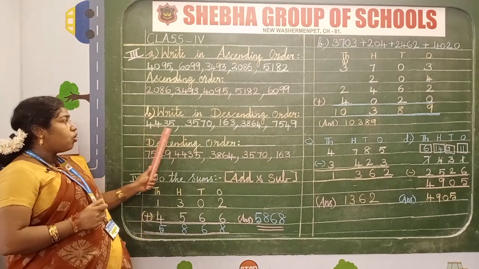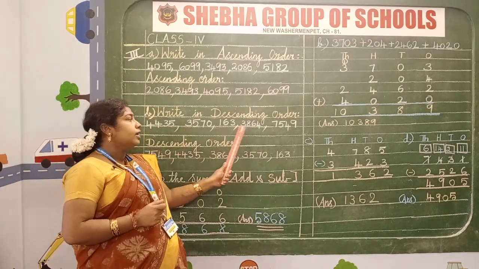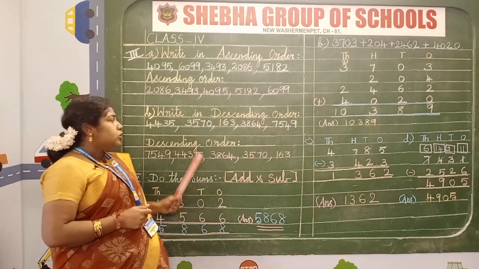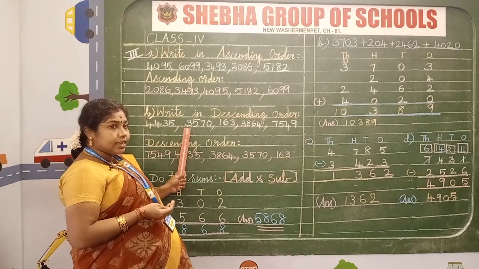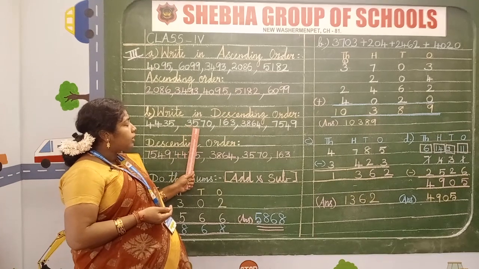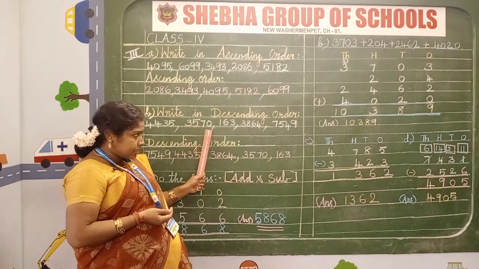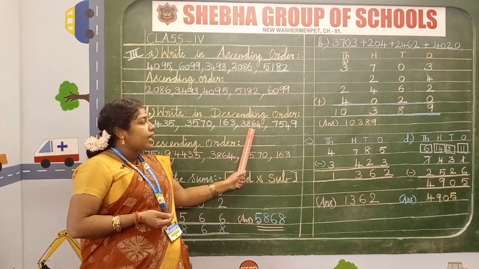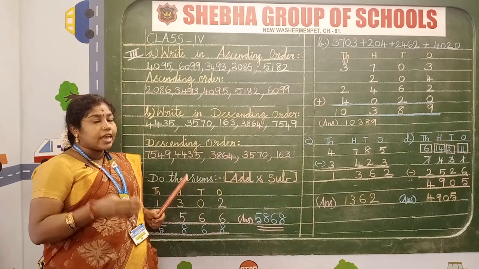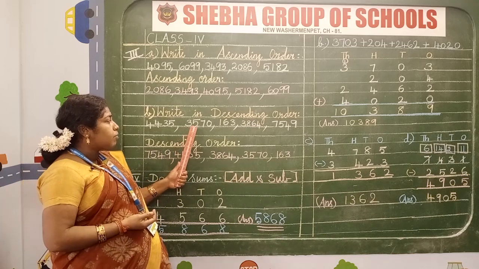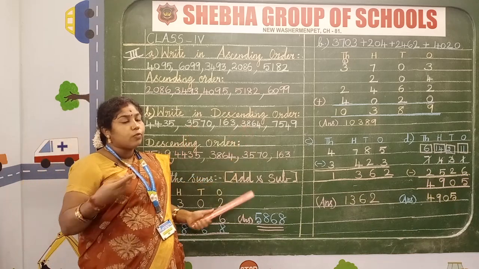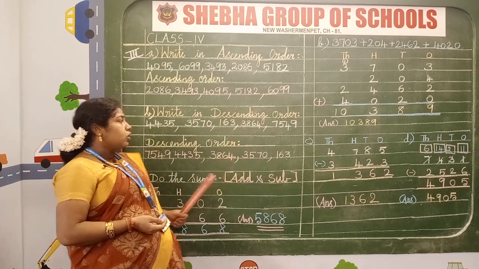So here also you can observe the first number of the set of numbers. So here 4, here 3, here 1, here 3, here 7. So in this set of numbers, 3 is repeating, isn't it? So here 3570, here 3864. In this case you have to see the next number. So if you observe the next number, here 5, here 8. Which one is greater? 8. So let us do this.